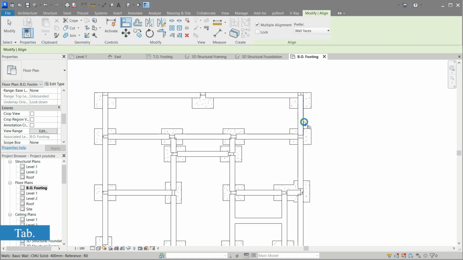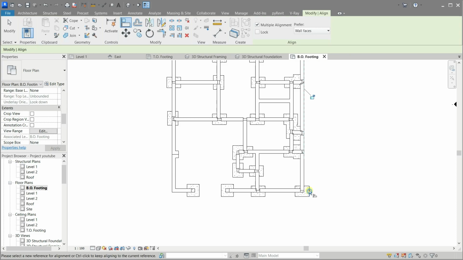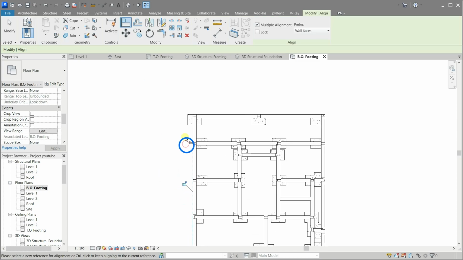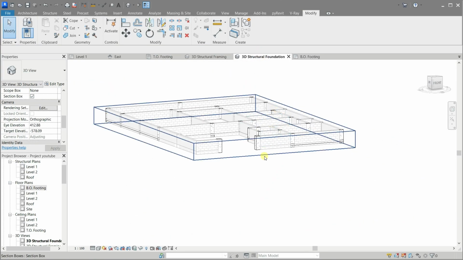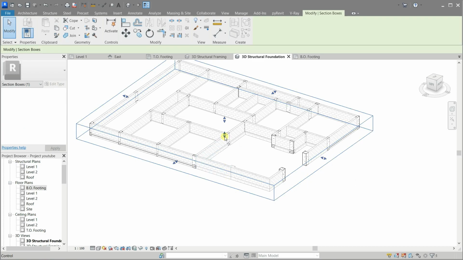Use the tab till you can select the wall edge. Drag the handle downwards to see the footings.